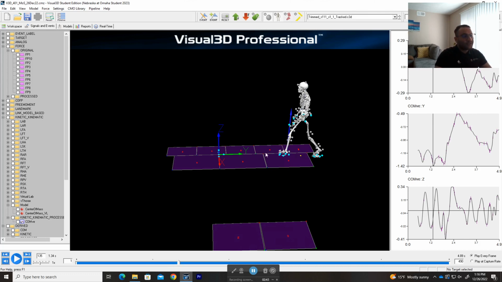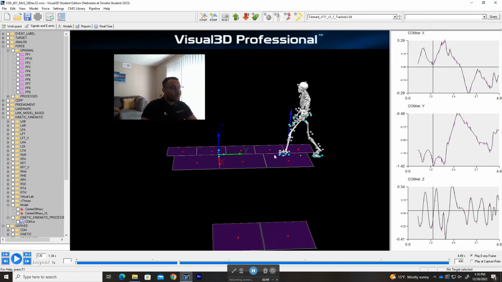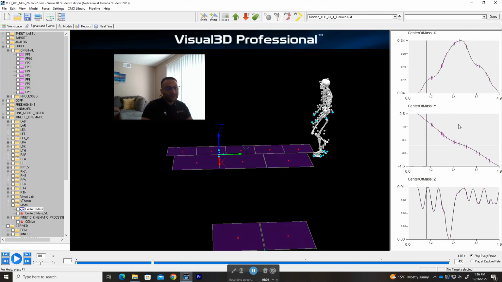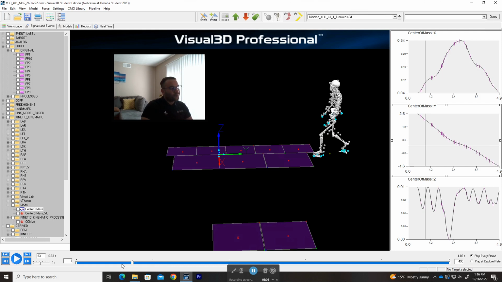The extrapolated center of mass might fall in front of the foot right here. So when you calculate that relative to the base of support, if you look at the center of mass here, you see everything is relative to the coordinate system of the lab. The origin of the lab is where the x, y, and z coordinates are zero. So when they walk south, when you look at the y value of the center of mass, they're actually getting closer